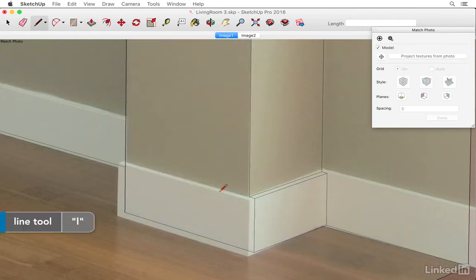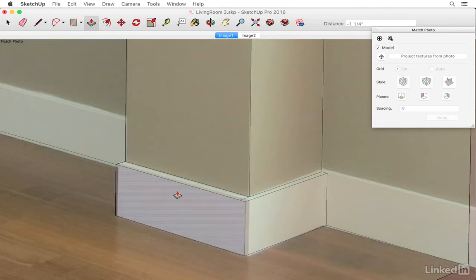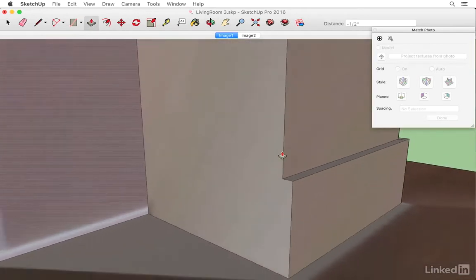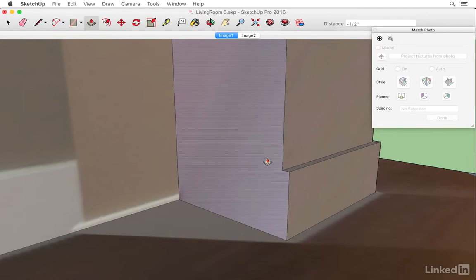And then press L for line and draw a line in the green direction. Hold down Shift to lock the inference and click on the other side of the pilaster. And then press P and pull this surface out 1/2 inch, type in 0.5 enter. And then I know that there would be a baseboard on the other side, even though it's not in the photo. I'm going to model that by drawing in a line and then pulling out this surface 1/2 inch. Let's go back to image 1,